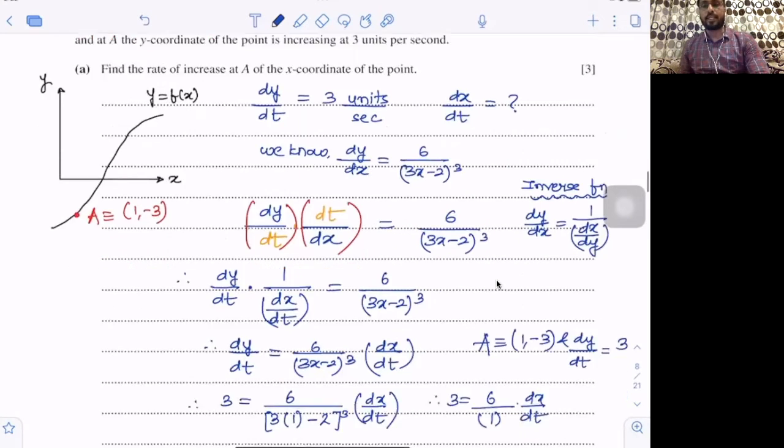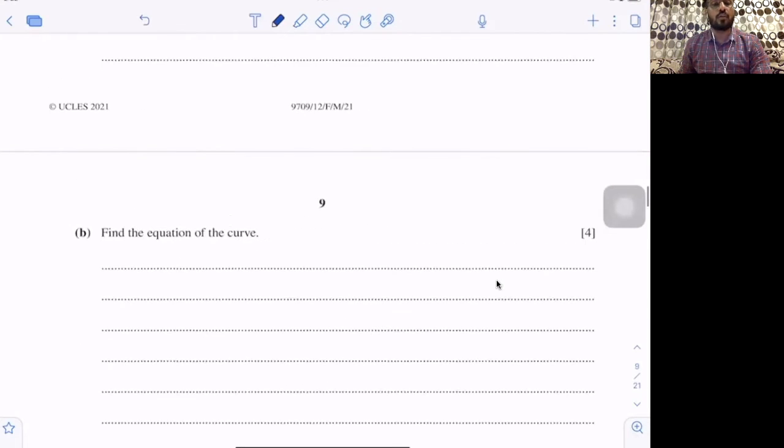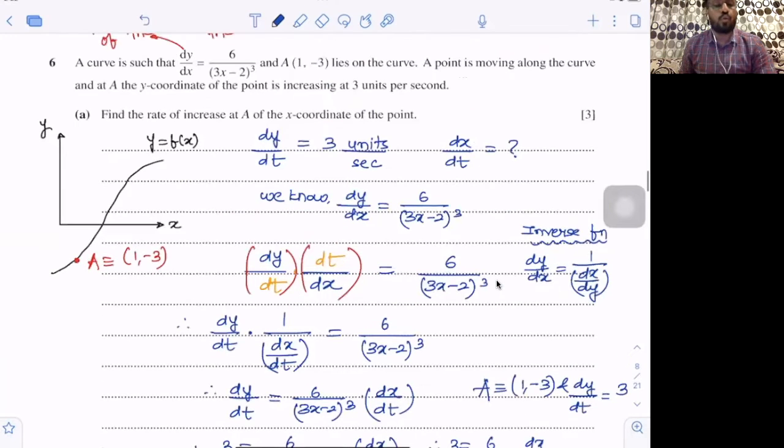Now let's move on to the second part. What does the second part say? Find the equation of the curve. I want to find the equation of the curve. That means I want to find what is y equal to f of x, right? I want to get that equation of the curve. So again, it's very simple, guys. Okay, you want to find the equation of the curve. So let's go to the